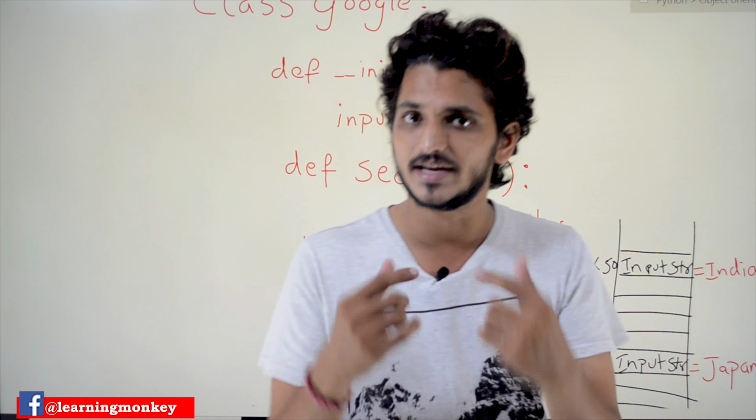Self.instavar is equal to k. K is assigned with 40. 40 is now assigned to instavar. So instavar is equal to 40. Here one important point we have to understand: k is also a variable, but k is a local variable.